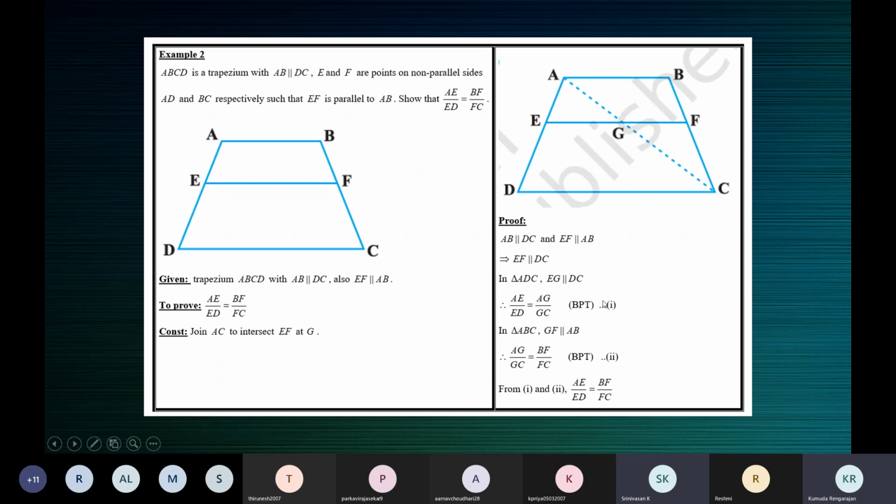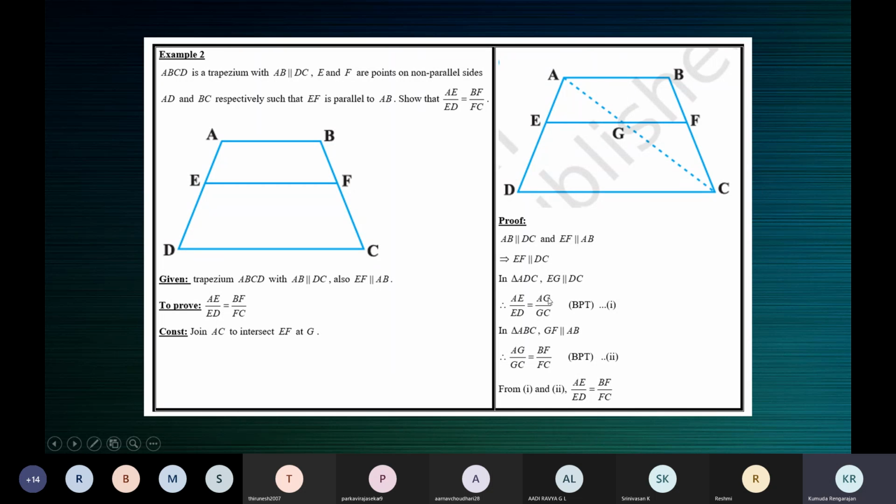Yes, AG. So now we have two results, two proportions. There will be one ratio in both the proportions which will be the same. Just in case you have the reciprocal, supposing you have AG by GC here and GC by AC here, just take reciprocals on both the sides. Then you will have one ratio in common in both the results.